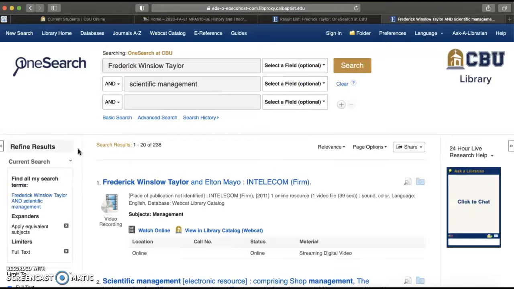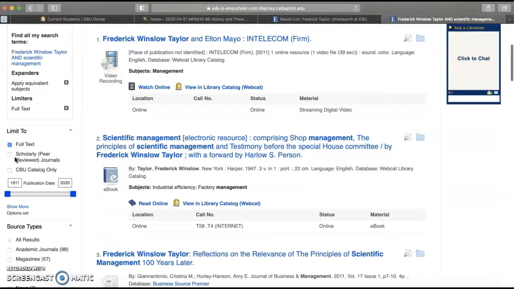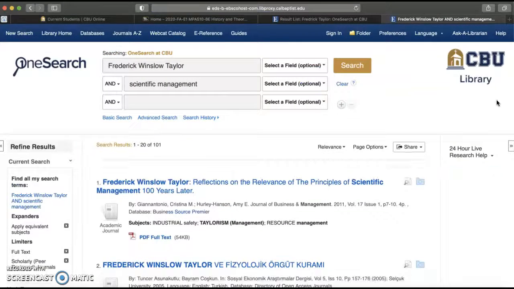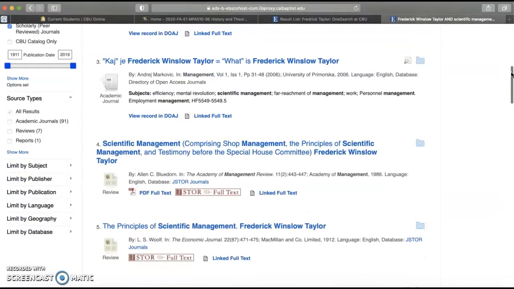And it's very important that on the left box here you mark scholarly peer-reviewed journal, and it should update it for you there. My article is actually on page 2.